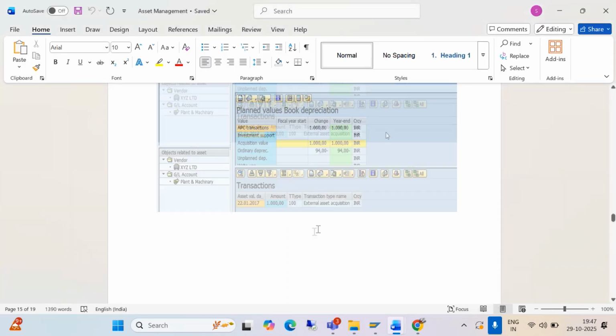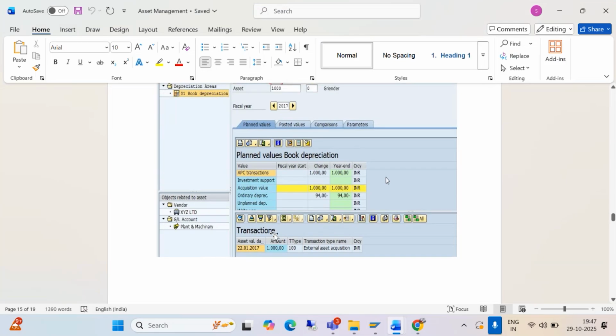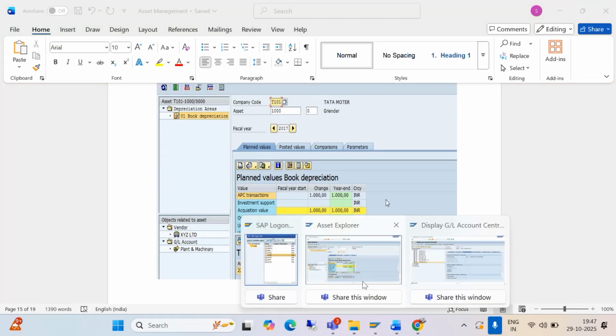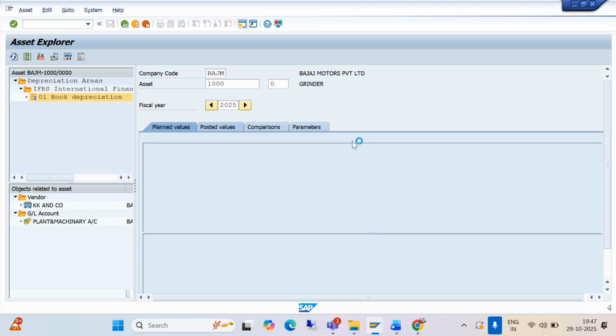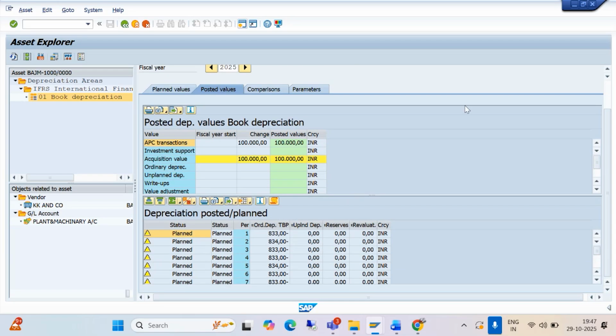So I will show you the things. If you see here, this is the posted value. The system will calculate; how is the system calculating? When we purchase the asset for 1 lakh, the acquisition value is 1 lakh, if you see one by one,